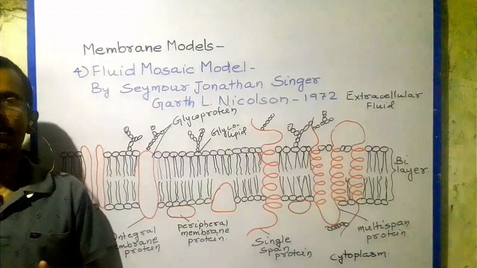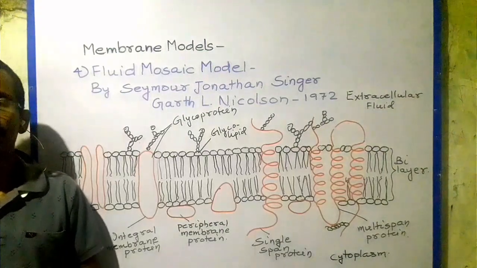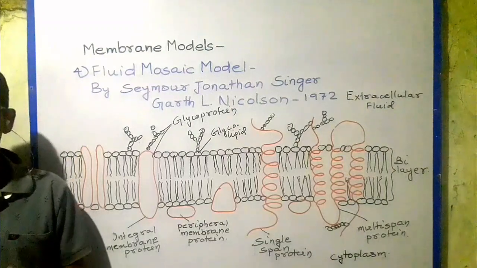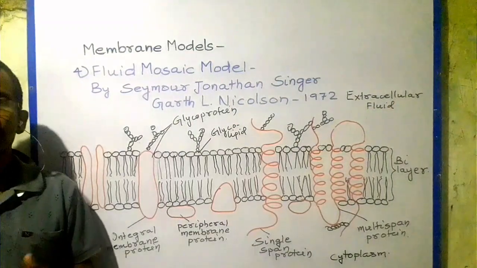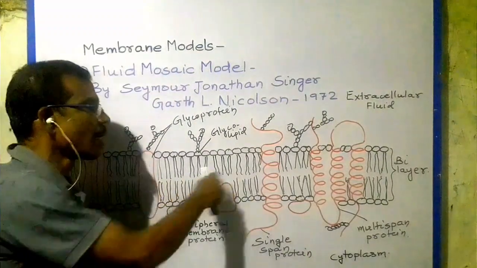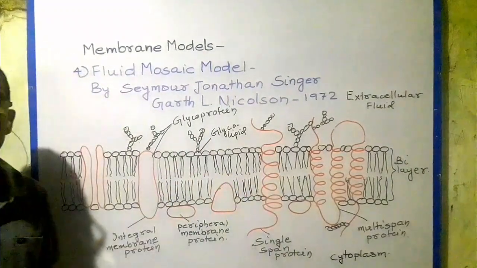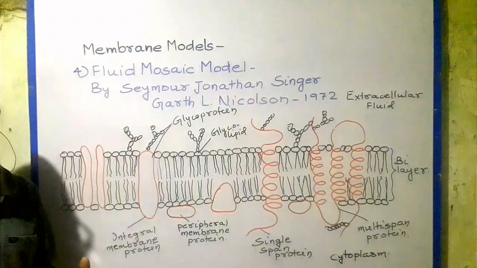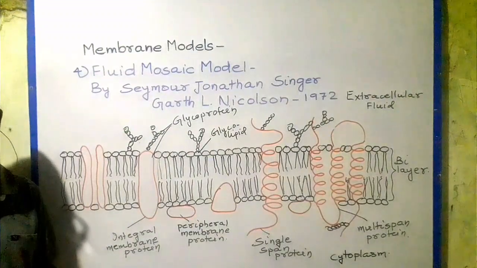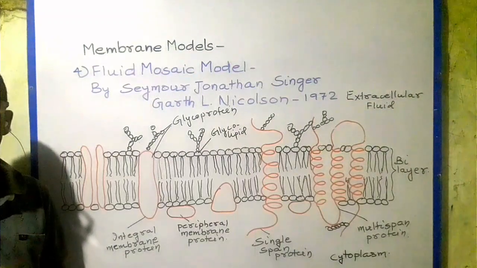Peripheral membrane proteins are loosely associated with the surface of the lipid bilayer, so they can be easily removed, whereas integral membrane proteins are deeply embedded in the lipid bilayer. This diagram explains the structure of cell membrane according to the fluid mosaic model. This model considers the cell membrane as a mosaic of lipid, protein, carbohydrate and